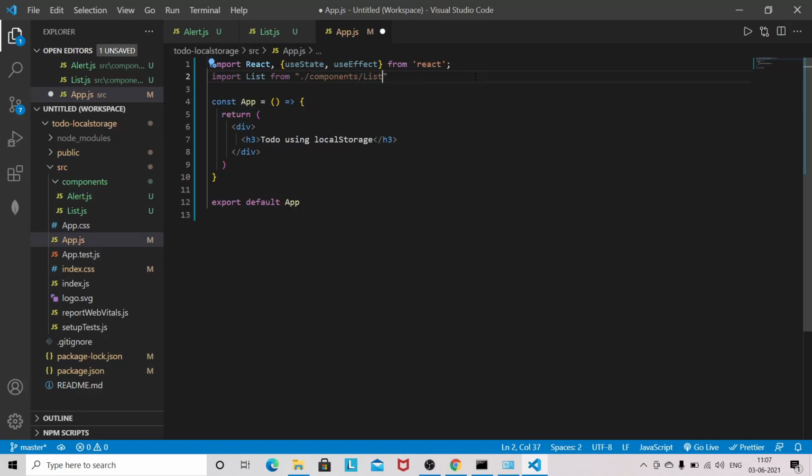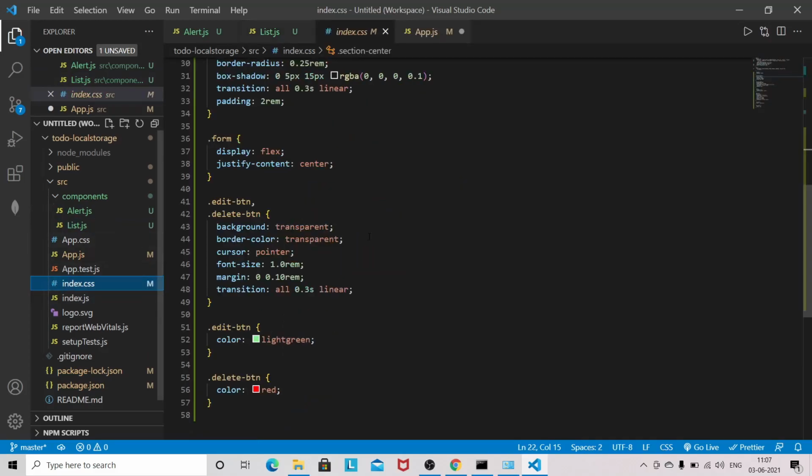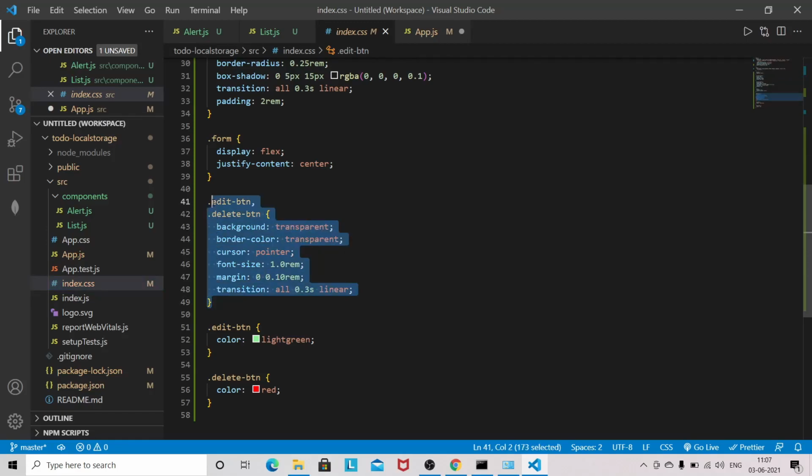So list, and sorry I forgot to show you the class. So we have used these classes edit-btn and delete-btn. So you can see the styling. So edit-btn, this is the common styling which we are applying for edit and delete, and the color.